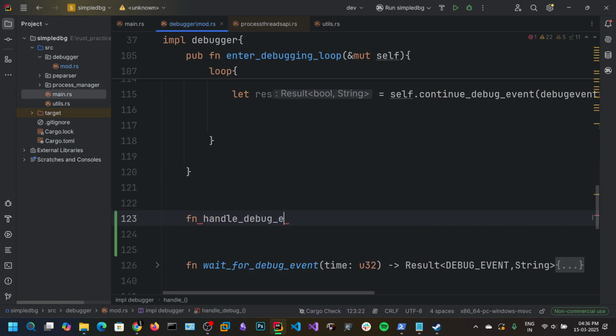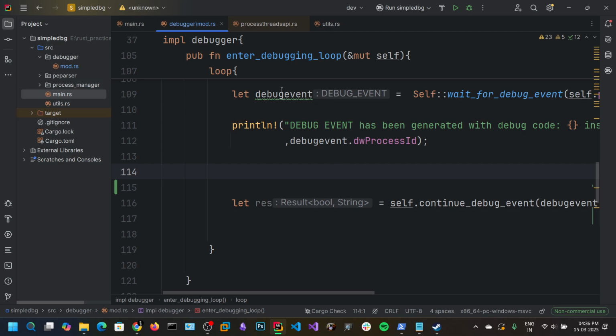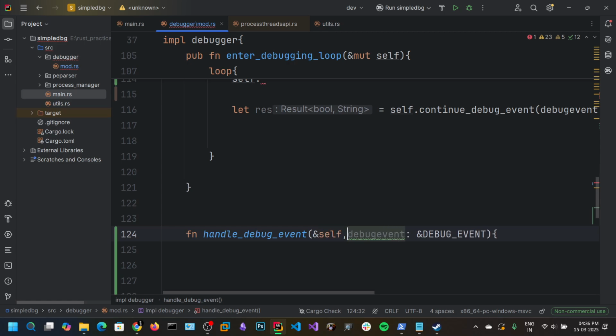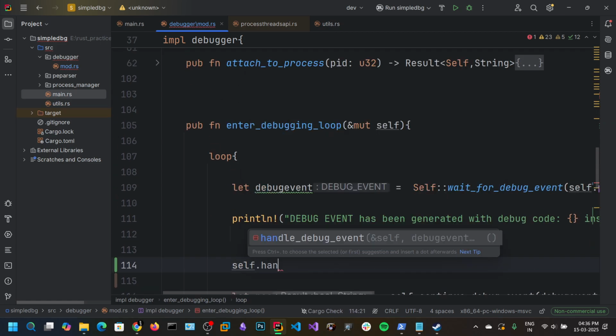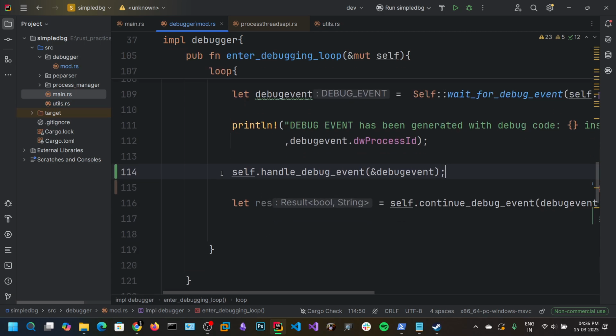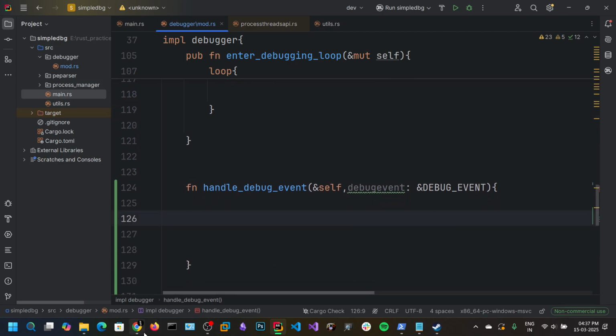So, handle debug event. It takes a pointer to the debug event structure, and we can pass in the reference to self. Let's add self here: handle debug event and ampersand debug event. So we are passing the read only reference, and now we are going to